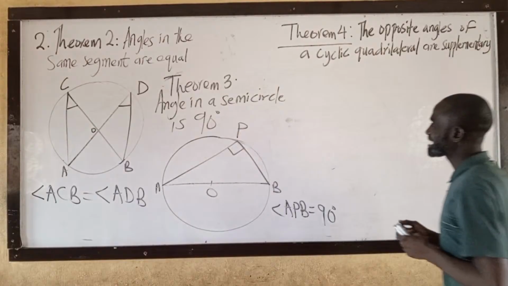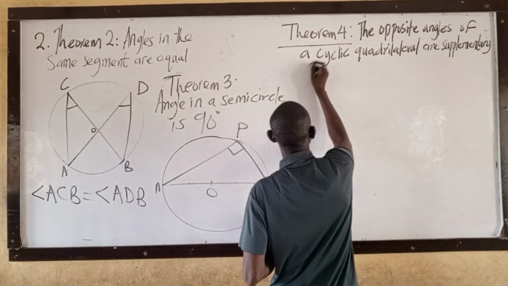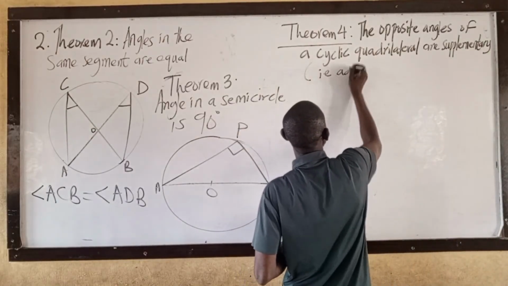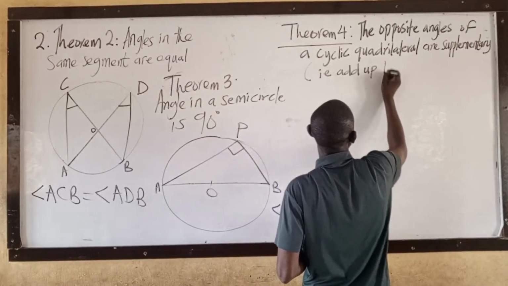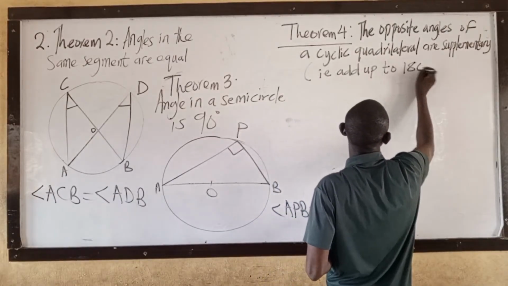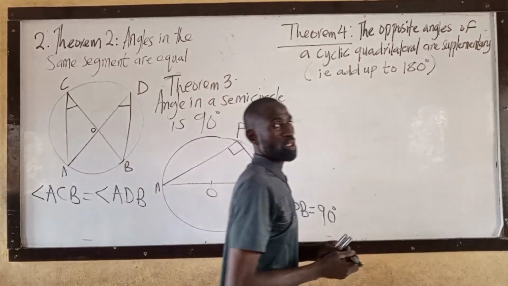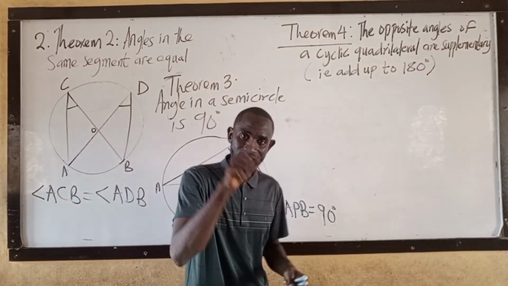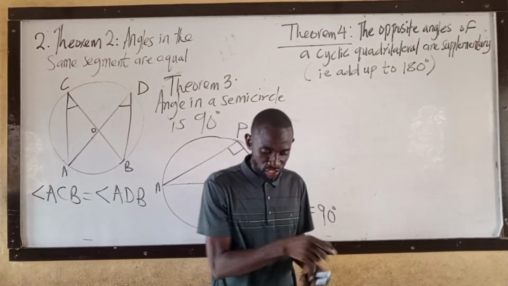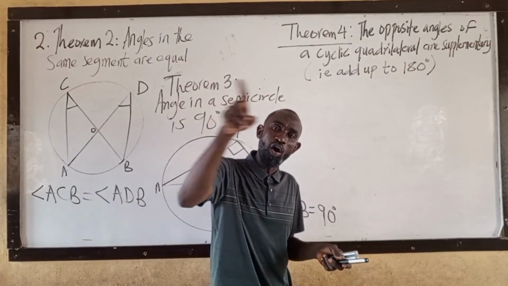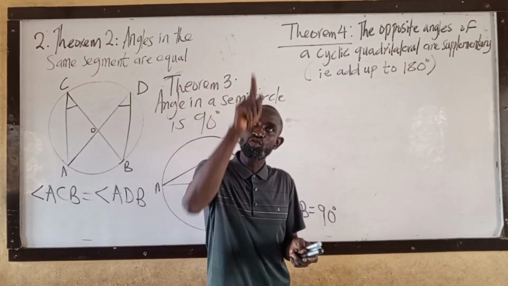What does that mean? At least they add up to 180 degrees. When you have a quadrilateral, a four-sided shape, whereby all the vertices touch the circumference of